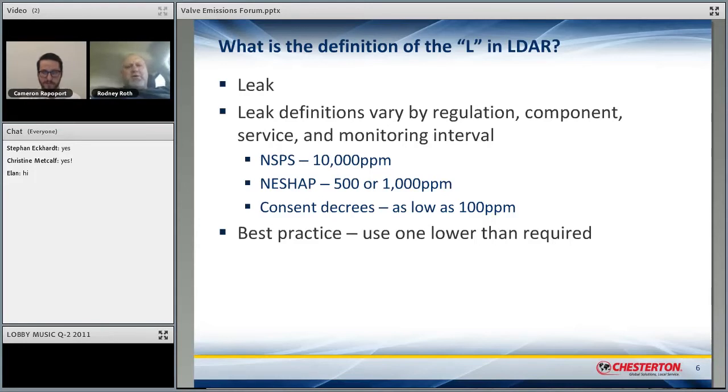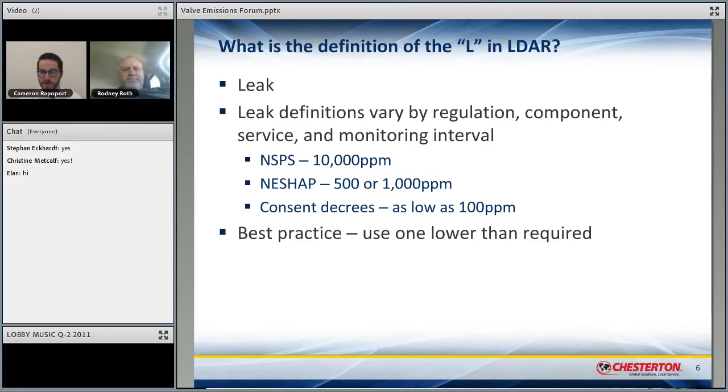70% of the refineries in the U.S. are already under some sort of a consent decree requiring this. I was actually in two forums with the EPA yesterday at an environmental conference, and they expect to have the rest of the refineries under consent decrees within the next 12 to 18 months. So we can look at all these other numbers, but let's talk about leaks from our perspective relative to our product line as being 100 parts per million.